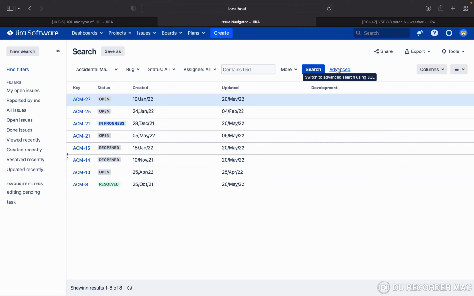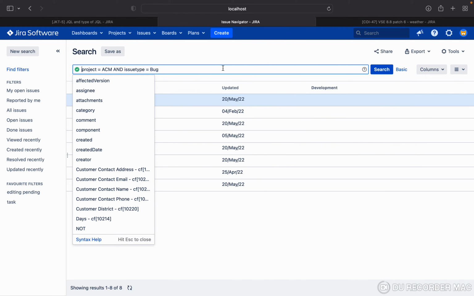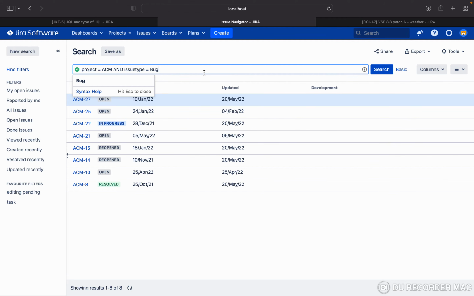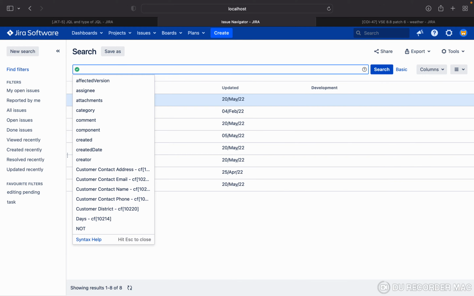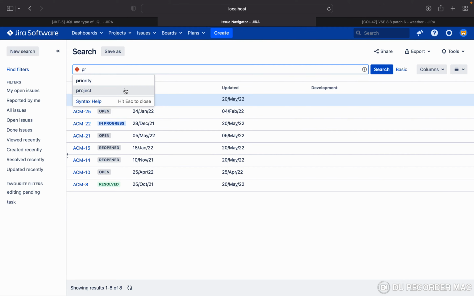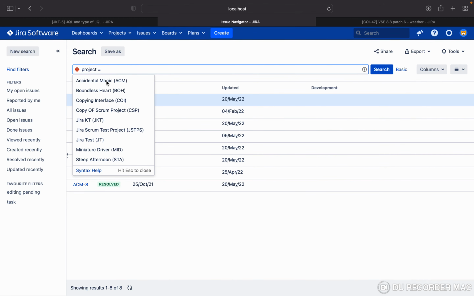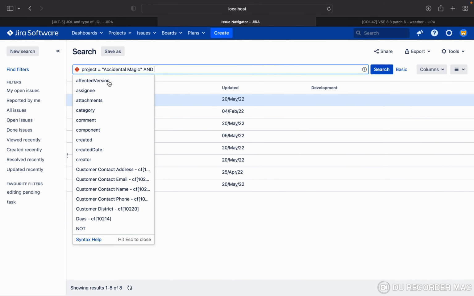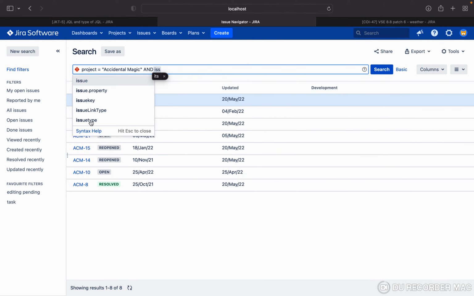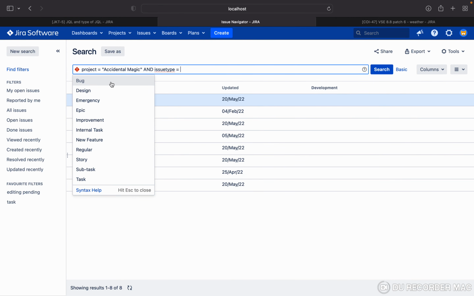Now I want to use the advanced search. Please click on advanced search. Here you can see this query is already created. I want to write from the beginning. So what you have to do is decide what type of field or what type of issue you want. I want issues which are in the resolved status or done status, and the issue type is bug, and in the ACM project. So you have to write project equal to ACM and issue type equal to bug